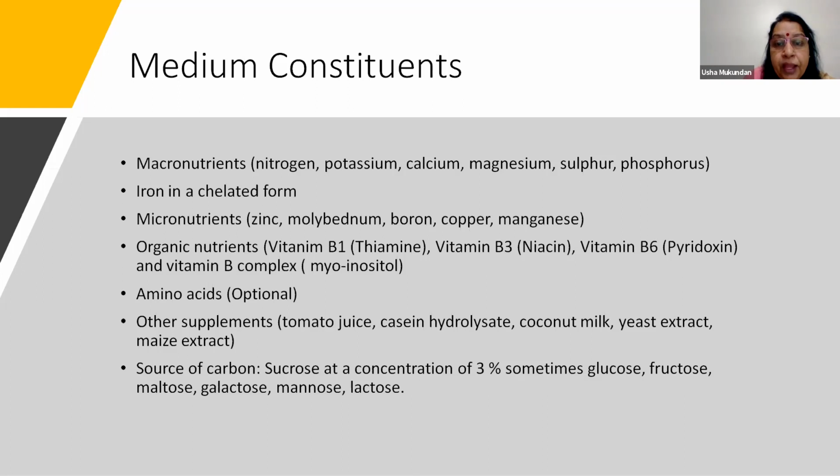Similarly, potassium, calcium, obviously signal transduction, cell wall component, calcium. Magnesium, activator of many enzymes, important component of the chlorophyll molecule. Sulfur, amino acids, you have sulfur. Phosphorus, nucleic acids, important component. Iron is a very, very important nutrient, but iron cannot be taken up as it is, so usually it is supplied in a chelated form. There are many micronutrients, that means nutrients which are required in small concentrations